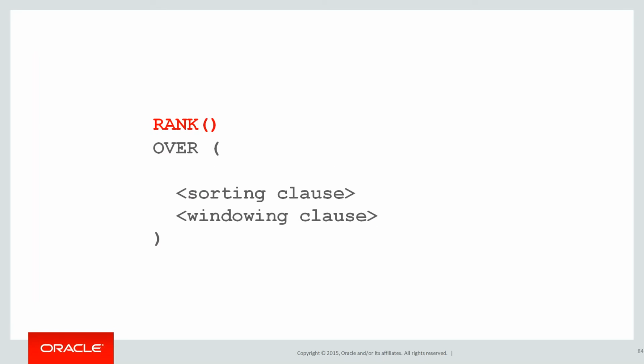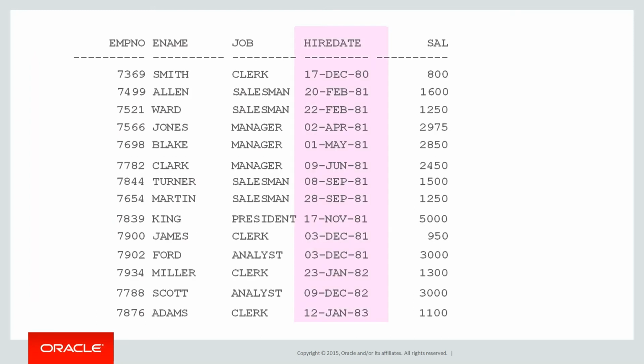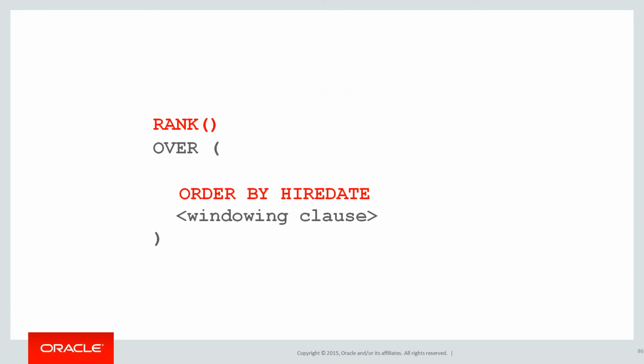Now, if I'm ranking anything, I need to know what the definition of ranking is. You know, am I ranking a group of people by their weight or by their height? I need to know what the ranking is based on. So in our case, we were ranking on hire date. So that becomes the ORDER BY section, right? We are ordering by hire date. That defines how we're going to rank.